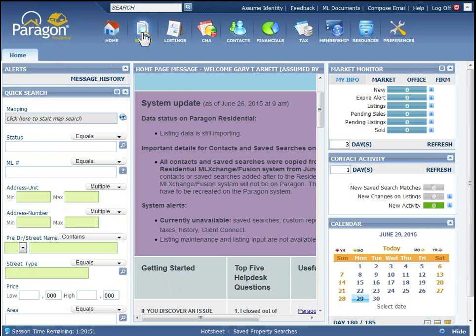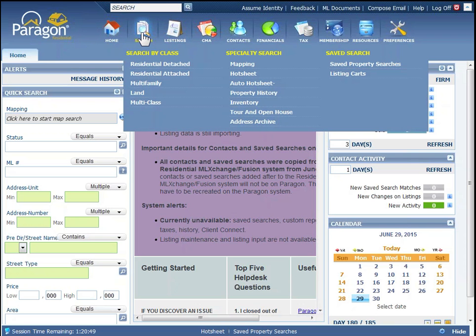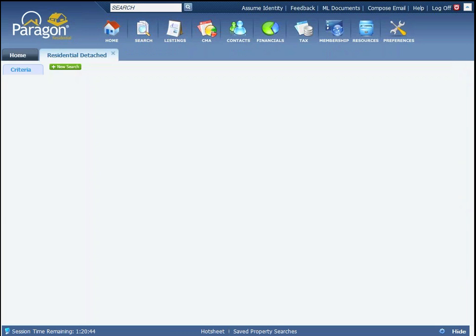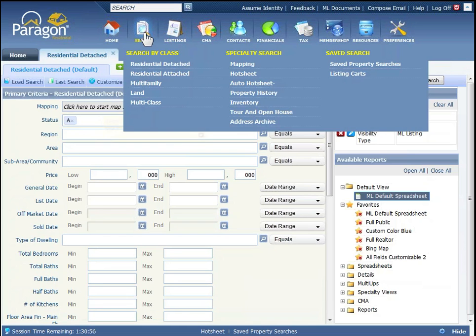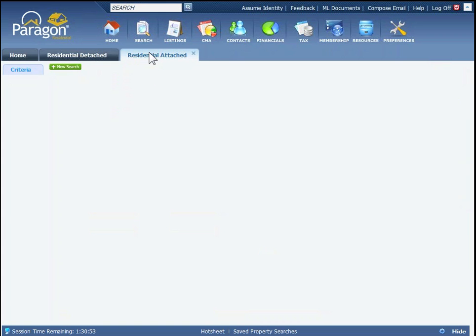So I'm going to come over to search. I'm going to click on the search button, and I have my banner menu redisplay. I'm going to move down, and I'm going to click on the residential detached. As I'm doing that, if all of a sudden I realize, oh, I really wanted residential attached, not a problem. Just come up to search, come down to click on residential attached, and notice how Paragon opened up an additional